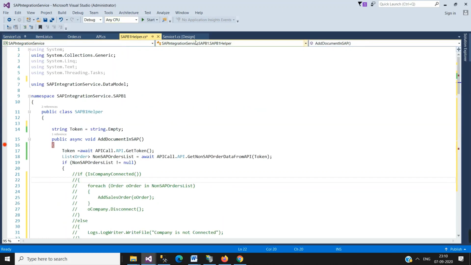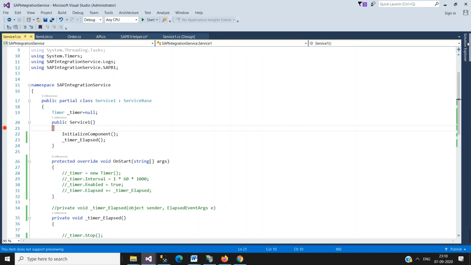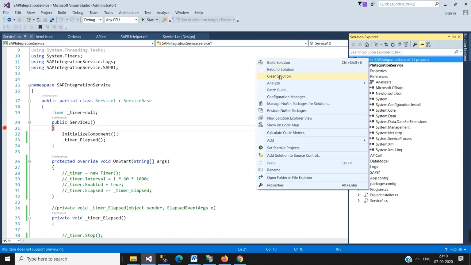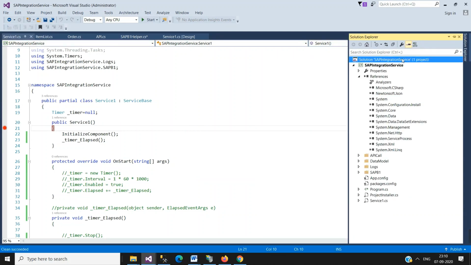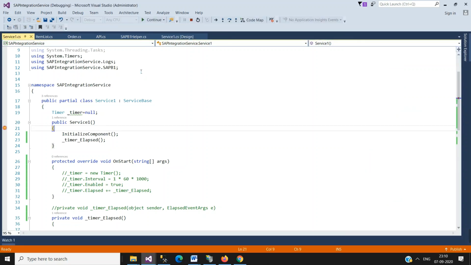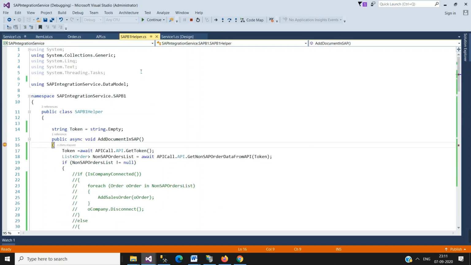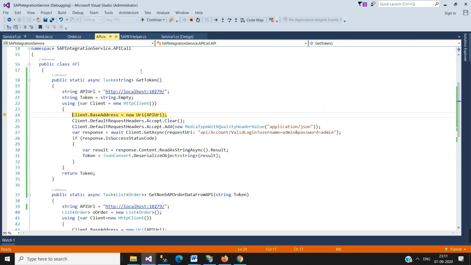Now we can check. Firstly we are going to call the get token API and see what the result is.